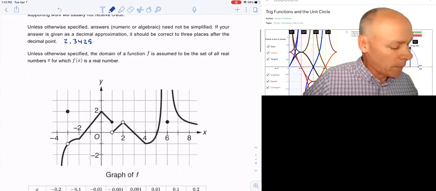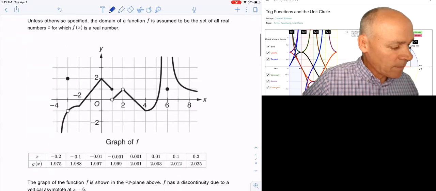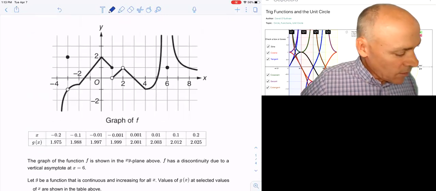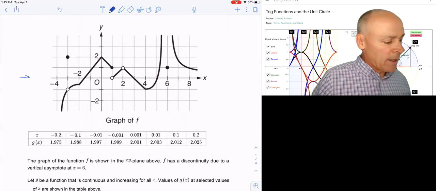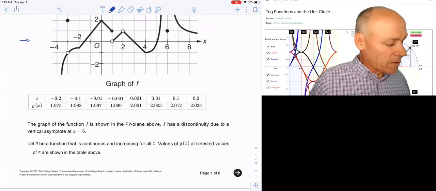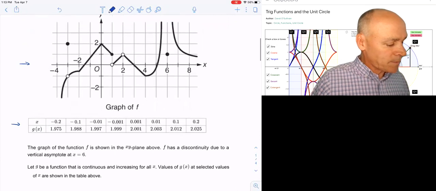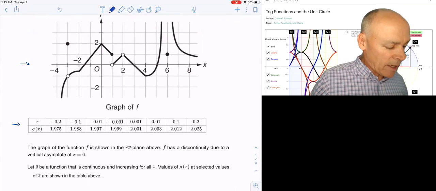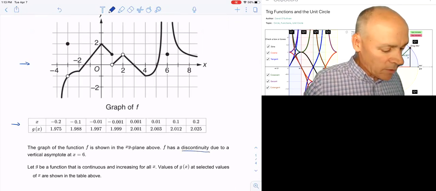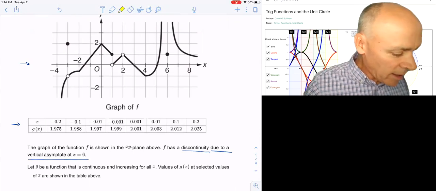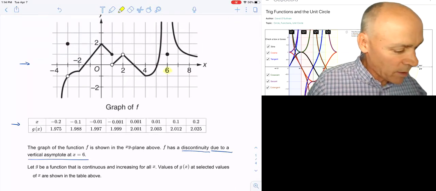All right, so here's our problem. We're given the graph of f, and we're also given some information about function g in table form. It says the graph of function f is shown in the xy plane above. F has a discontinuity due to a vertical asymptote at x equals 6. So if we look at that, at x equals 6, yep, it looks like we've got a vertical